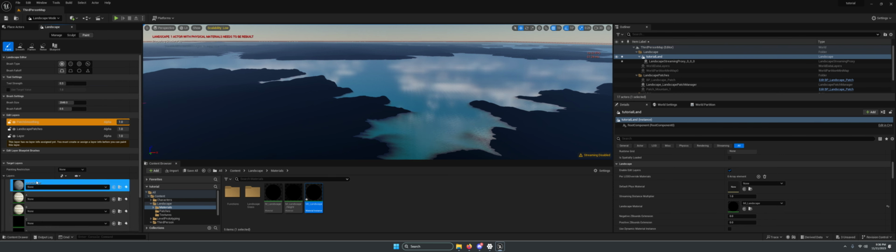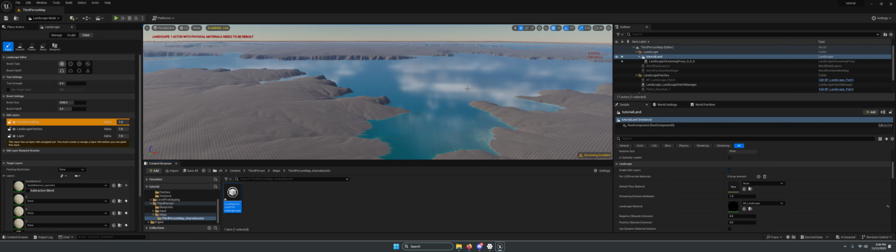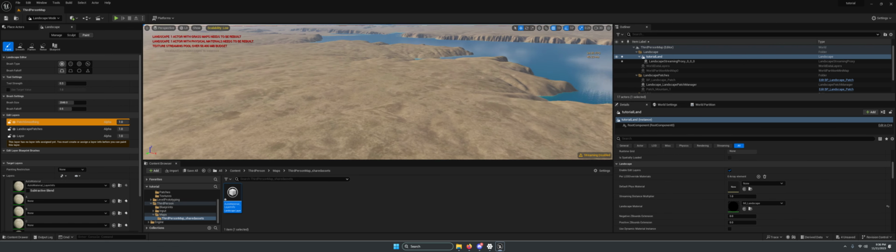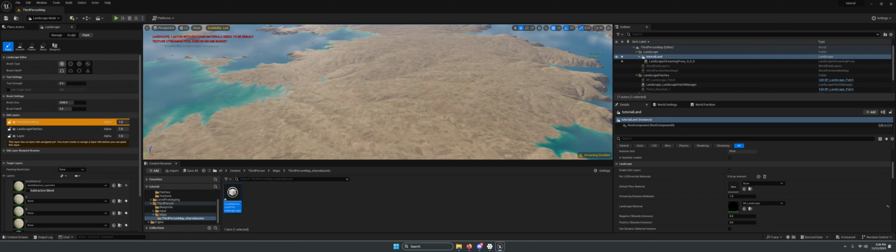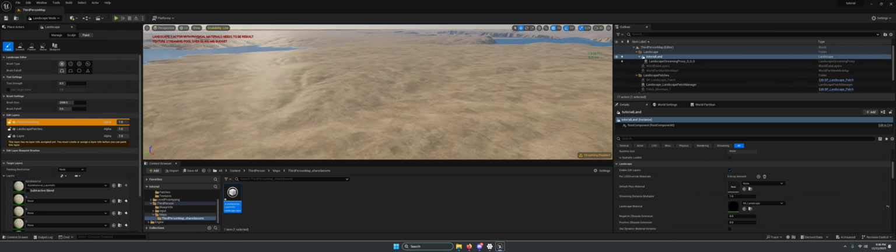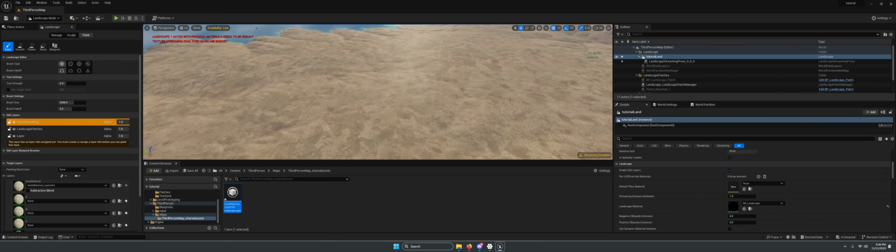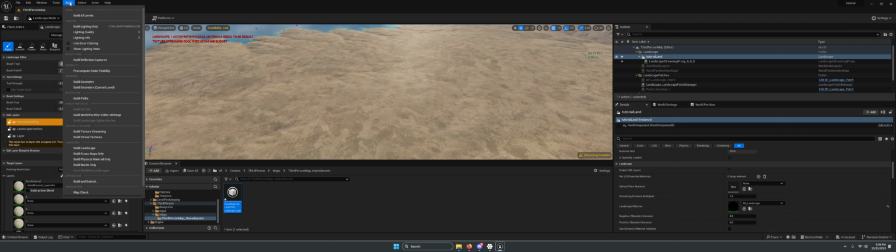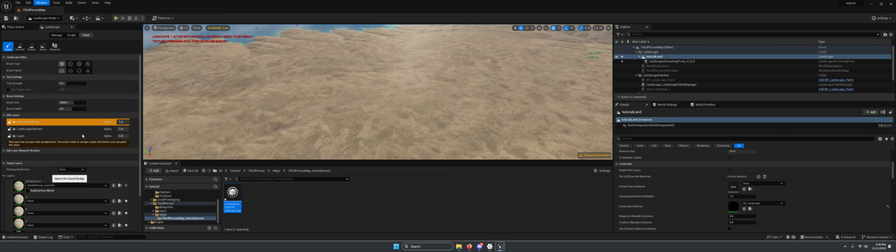Under paint, the auto material, just hit plus and weighted blend. You've got to save it. So once you save it, it assigns that material to the landscape. Now he's got some default materials in there. It should turn to like this tannish clay color. And those spots are just to blend in texture so you don't see any repeating patterns, and give it a little color variation. But what we can do real quick is under window, go to Quixel Bridge,